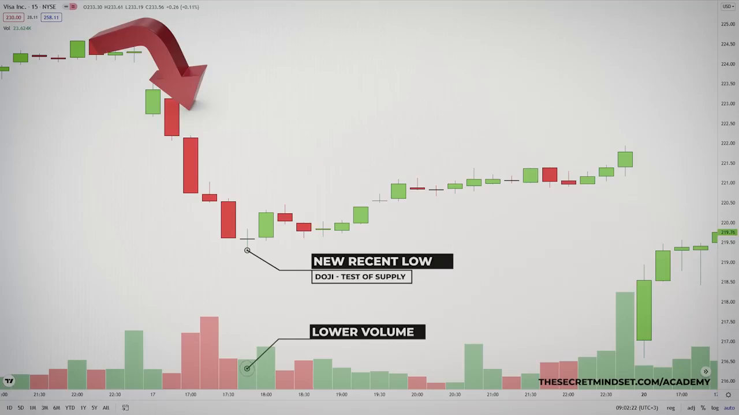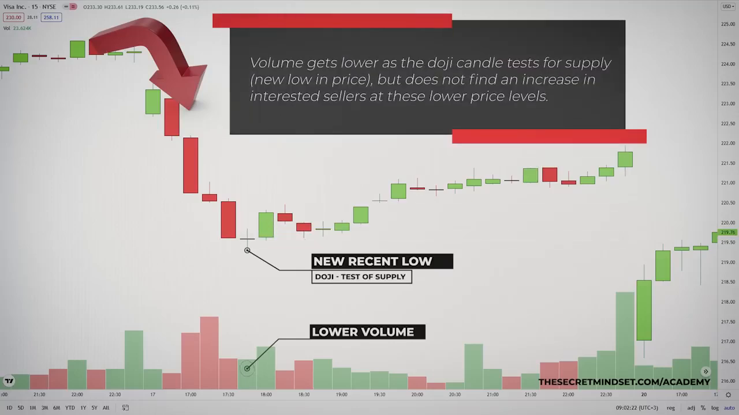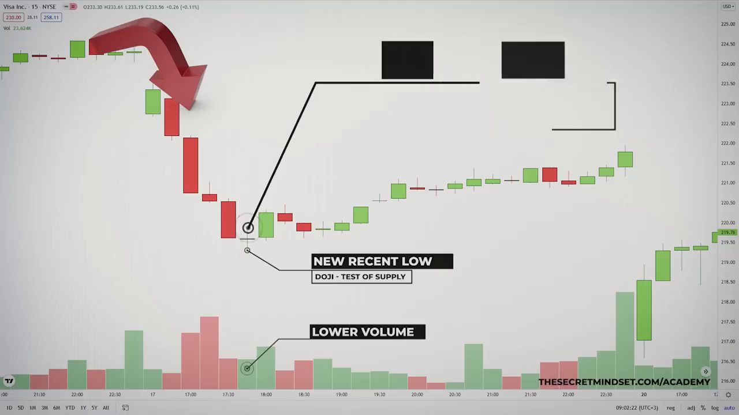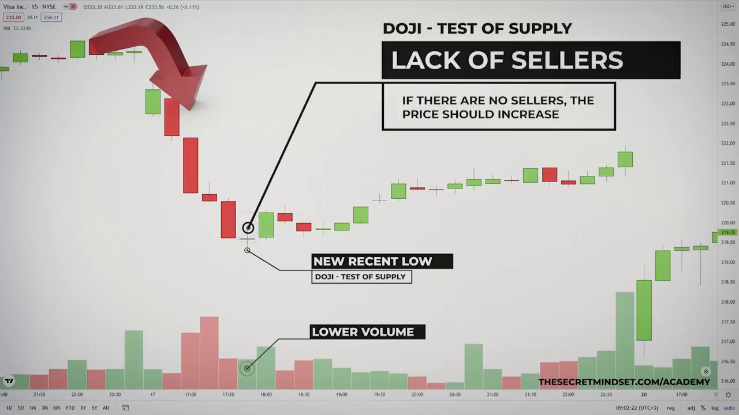of the stock. Once again, notice how the volume gets lower as the doji candle tests for supply, but doesn't find an increase in interested sellers at these lower price levels. You can see that this doji is making a new low on the chart, and the volume is lower than the previous 3 candles. If there are no sellers, the price should increase. The price of this stock rose nearly $2 as there were no sellers present to stop it from increasing in